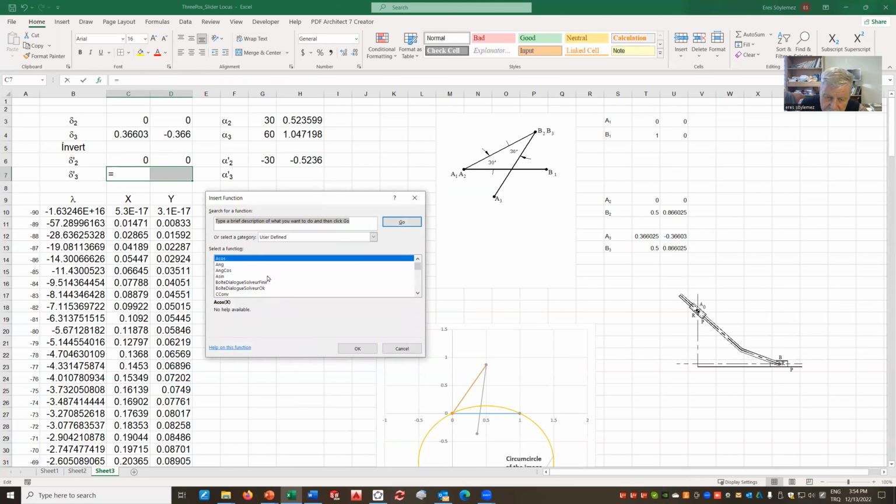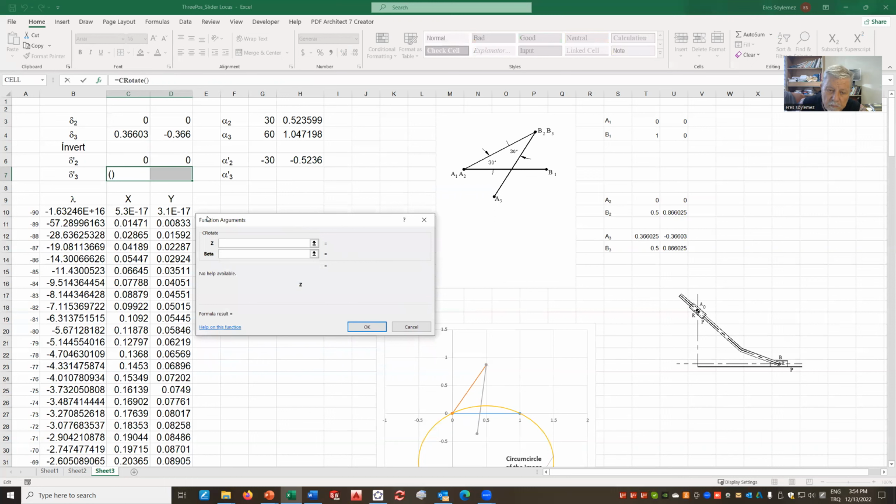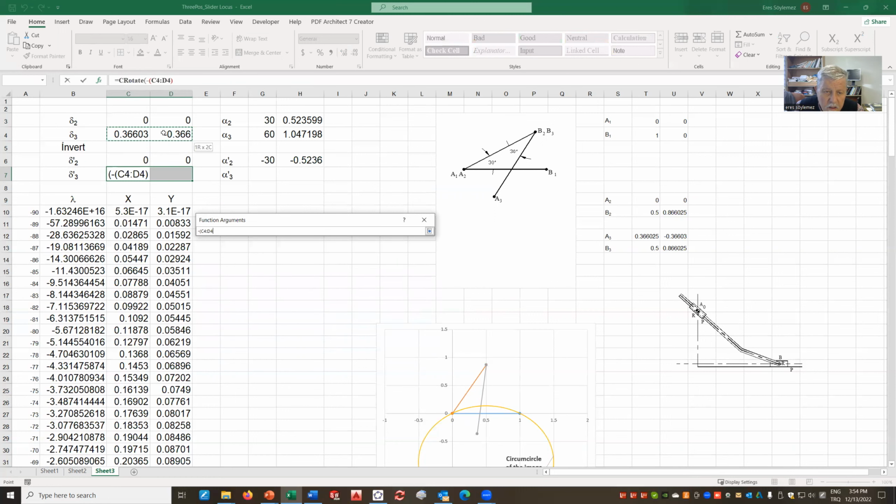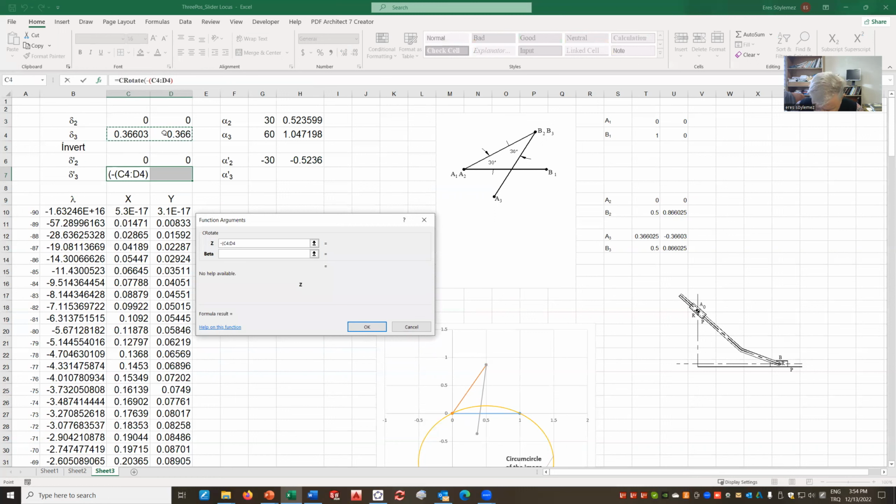Again, you are in user-defined. You have C rotate minus this value, correct? Notice it takes minus 0.366, minus plus 0.366, the negative of this,